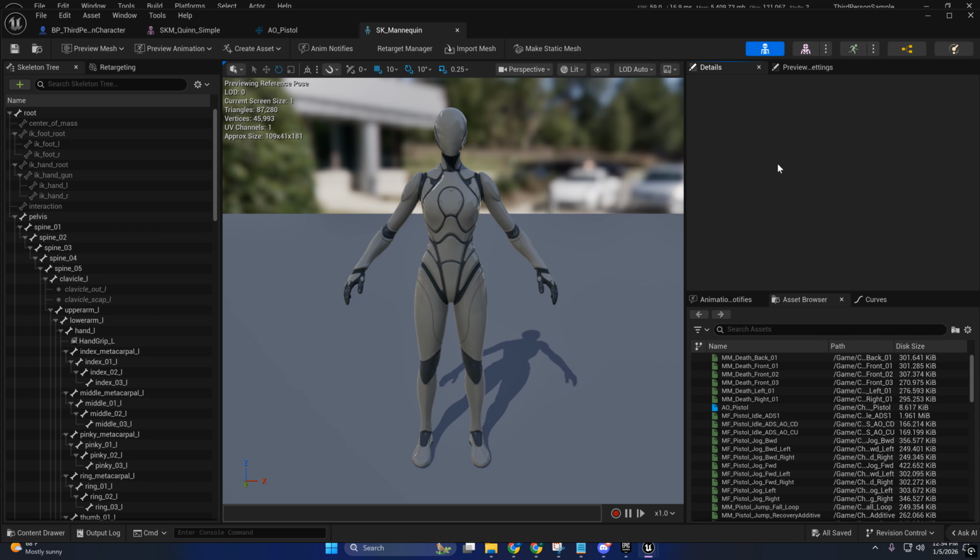Because ever since they did the videos on motion matching, it's kind of led people to a lot of incorrect assumptions regarding how motion matching works. It is not a plug and play system or a drag and drop system, just so you know. So, this is going to be a beginner to advanced course, and